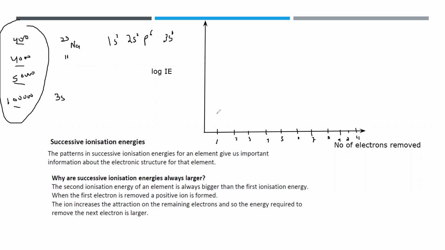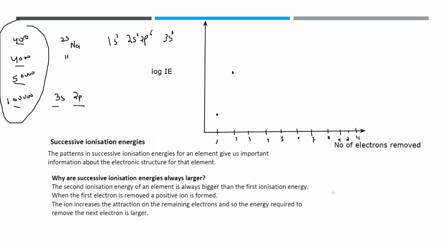So when the electron is removed from 3s, for example, this was the energy. This is just an example. Then the second electron is removed from 2p. You can see here, the first electron is removed from the third shell, and the second electron is removed from the second shell, and the second shell is closer compared to the third shell. So there will be a greater difference between the first ionization energy and the second ionization energy. Why is there a greater difference between first and second ionization? Because you remove the electron